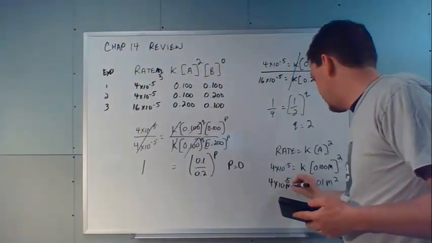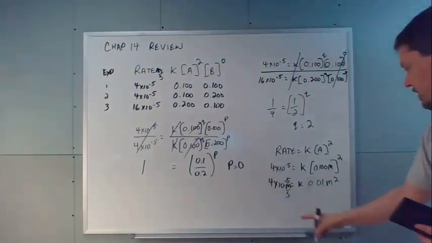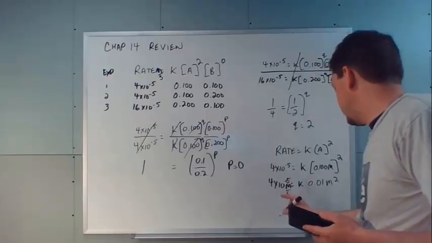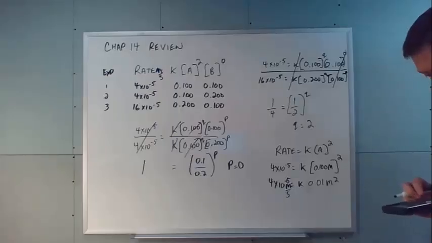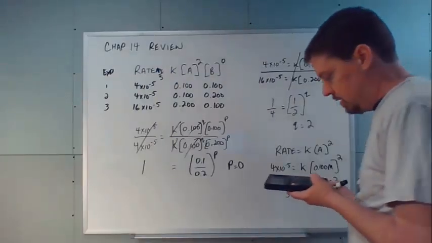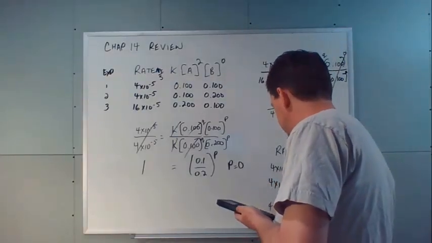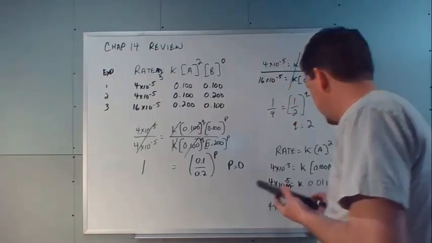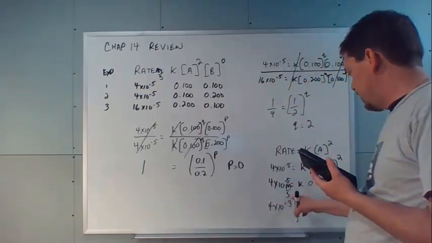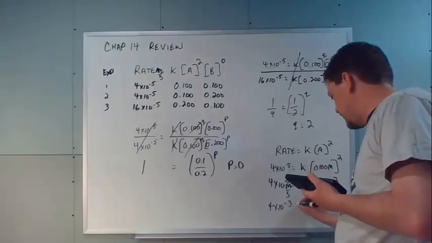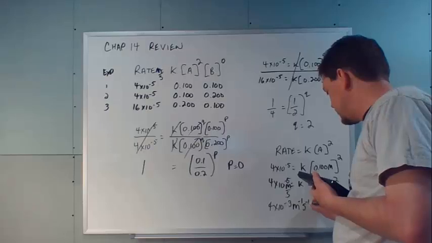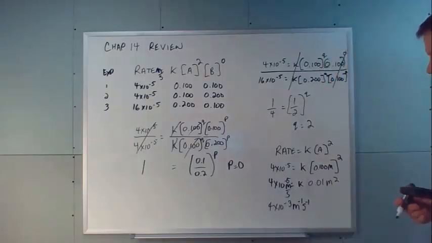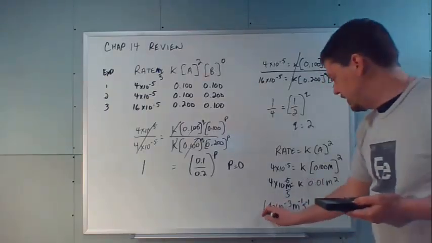So this is molarity per second. And then when I divide 4 times 10 to the negative 5th by the 0.01, I get 4 times 10 to the negative 3rd, and I get the molarity squared on the bottom, molarity on top. So I actually end up with molarity and seconds on the bottom. So that would be my rate constant now